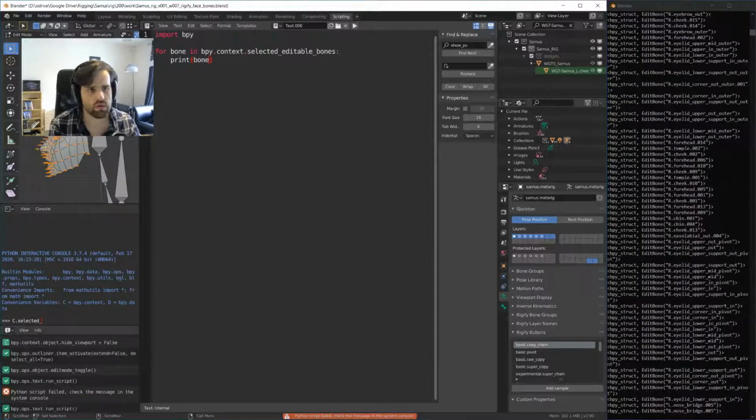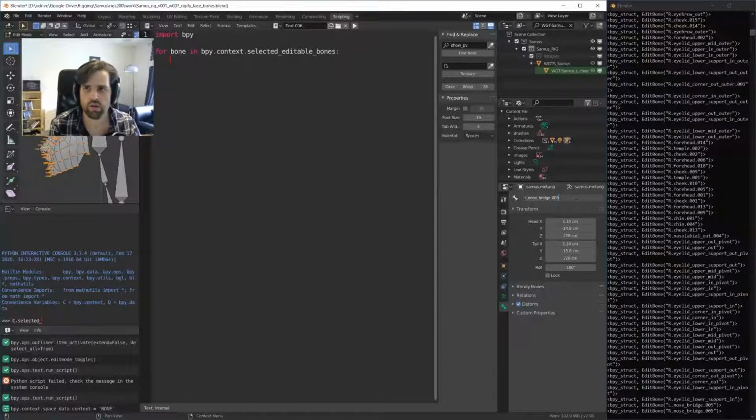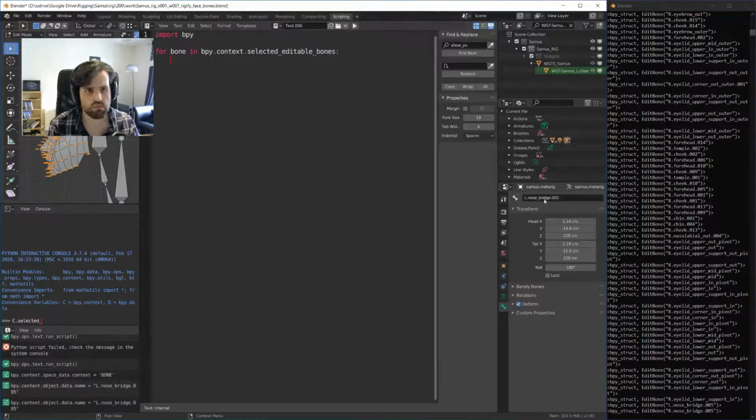Okay, so I have all my bones right here, and I basically want to change the name from something that has side dot whatever to whatever dot side. So I'm using the dot as a separator. So split equals bone.name.split, using the dot character. Side equals